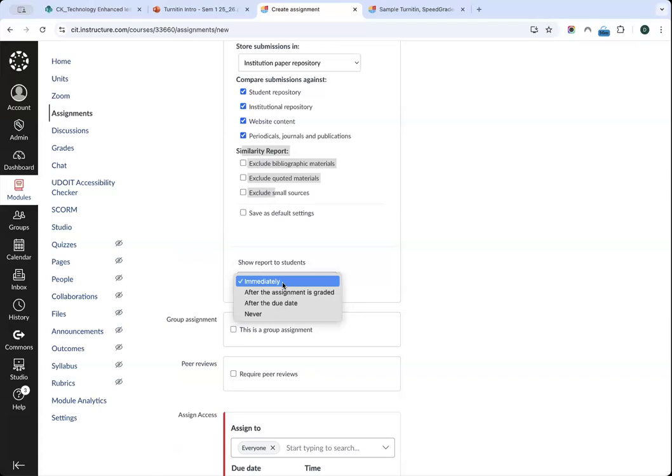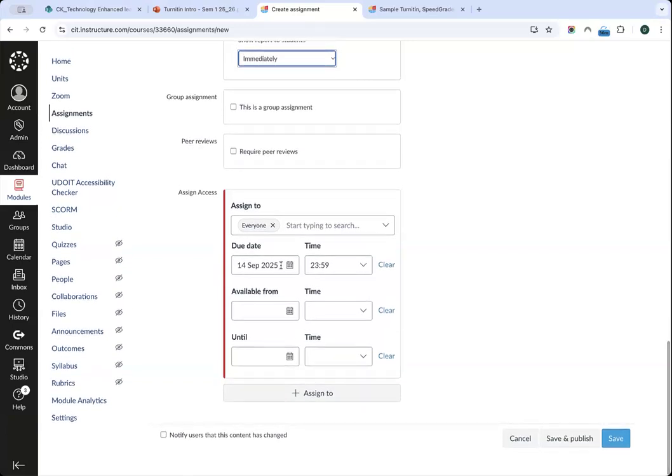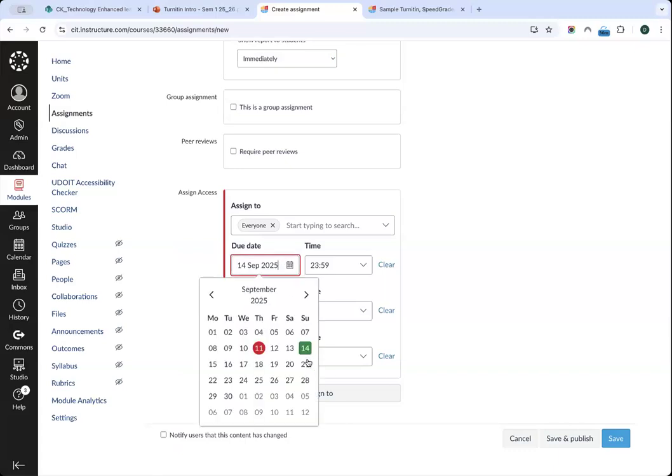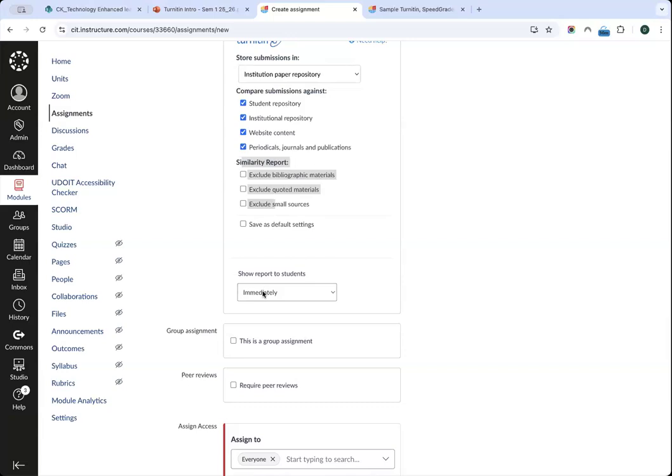And then what I might decide to do, if I decide that plagiarism report is too high, is I might amend it, improve it, make it appear with a lower plagiarism detection score before I submit on the 14th. If the report is set to after the assignment is graded, or after the due date, or never,